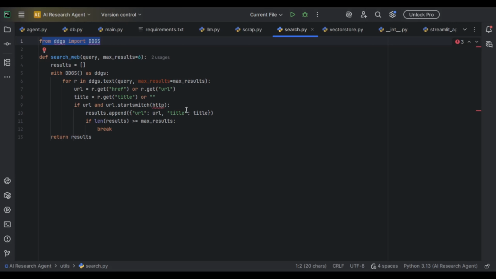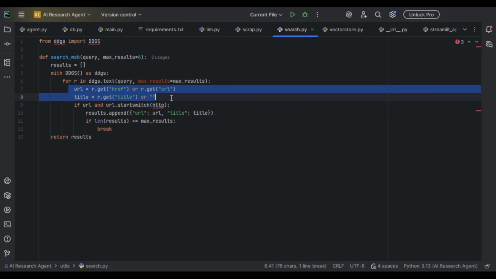It's basically a Python library for searching DuckDuckGo without tracking. And this part basically opens our DuckDuckGo search session, and it automatically closes when it's done. This part basically sends the query to DuckDuckGo